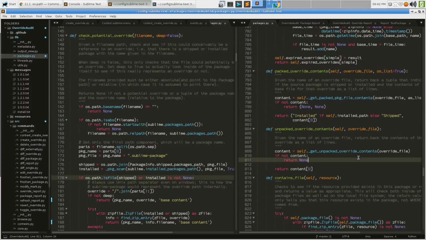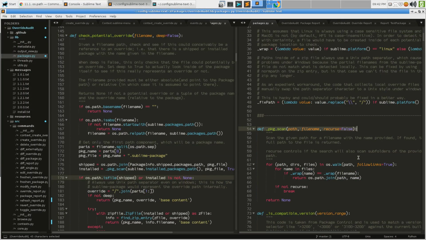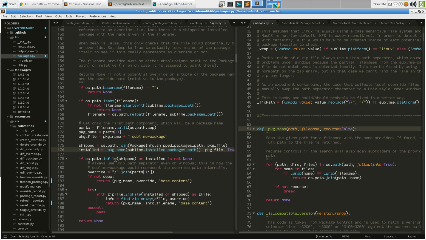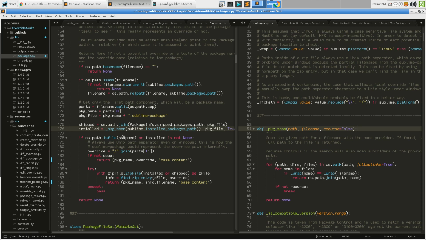And to do that, we're going to look over here like so. We are calling it with recurse true in this case. So it's scanning the path we gave it for the file name we gave it. And as soon as it finds it, it returns it. Otherwise, it returns none. So this is the name of the package. It's just very quickly finding the package. If the shipped package,